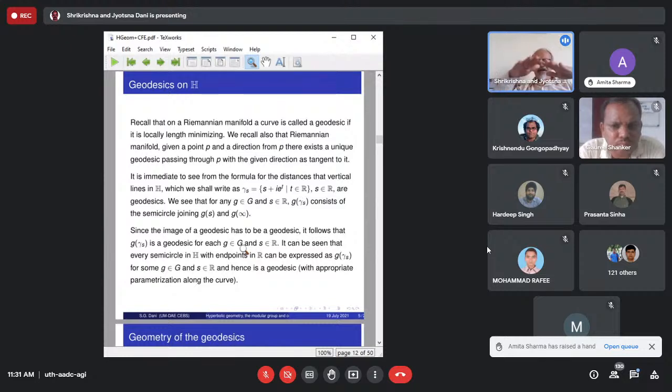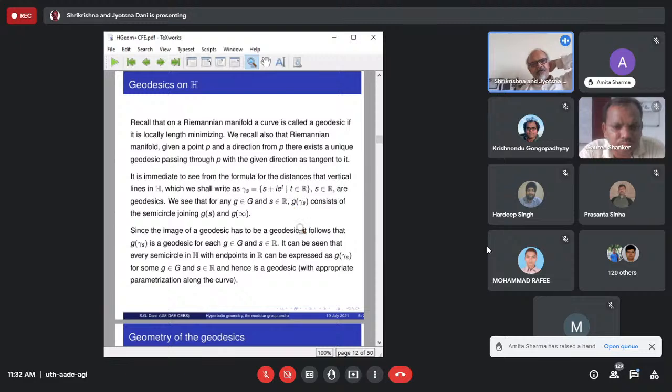So our upper half plane has the real line at its base. For curves which are trying to leave the upper half plane, you can think of the endpoints as limit points in R. So each of these G of gamma_s is going to be a semicircle which joins the 2 points, namely G of 0. Let's say you are taking the image of this under G, then this goes from, sorry, there is a typo here. This should be t greater than 0. No, this is okay. I have written e to the minus t here, e to the t here. So as t goes over R, this segment of the vertical line has imaginary parts going from 0 to infinity,